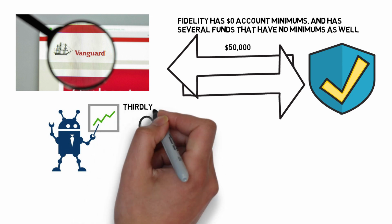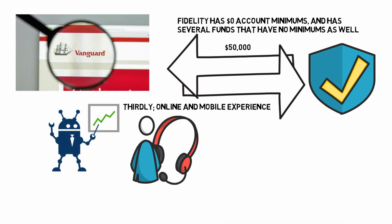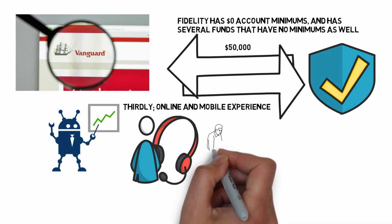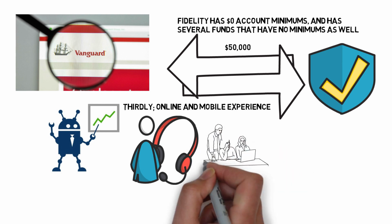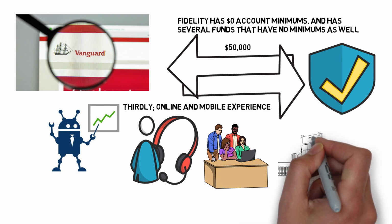Thirdly, online and mobile experience. Both brokerages have robust online and mobile experiences. So while each firm has features and investments that favor specific types of clients, the quality of their tools and platforms are unquestionably strong. Vanguard's trading platform and apps are fairly basic, in keeping with the general aesthetic of the